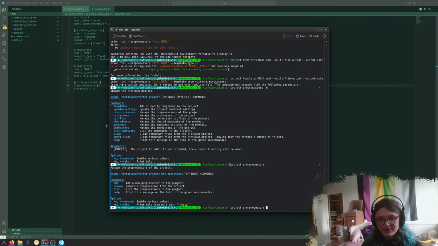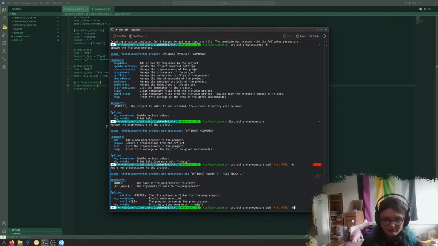Preprocessors wiki HTML, add wiki HTML -h --filter .md